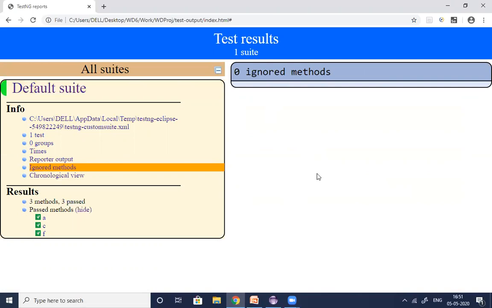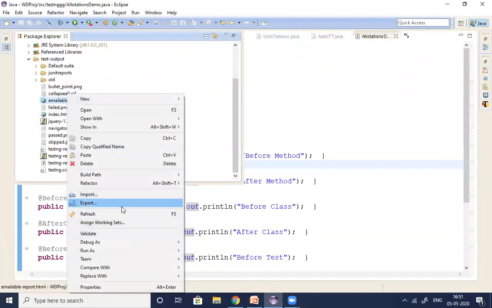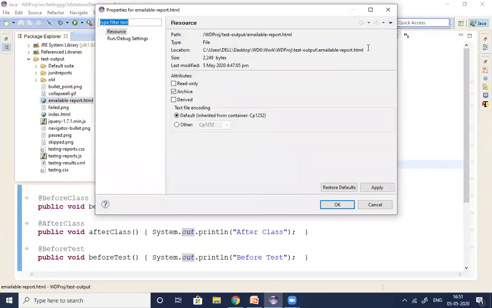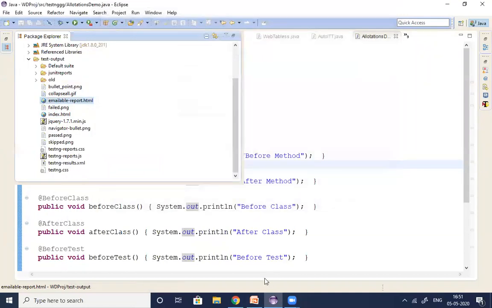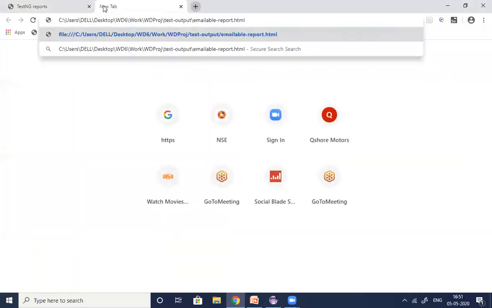This is how we are seeing the results in various formats. Understand, everyone? So that was the HTML format of the result. Okay, and also we can get the TestNG results in the next one, emailable format. That is important, guys. Emailable format. How to get the TestNG results in emailable format? Same, emailable report.html. Copy this properties and copy the path. Just copy the path here and go to the Eclipse browser and just paste the URL, enter.